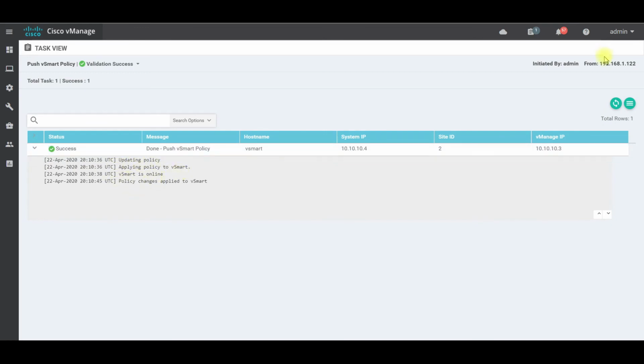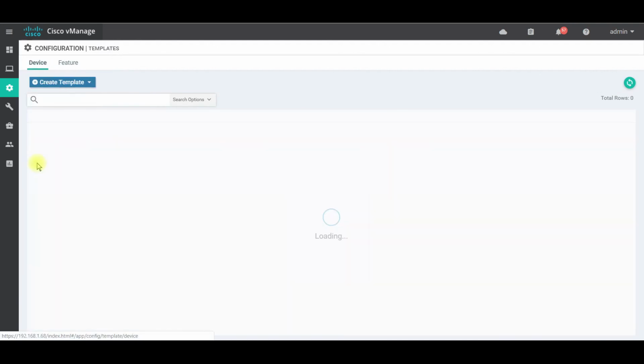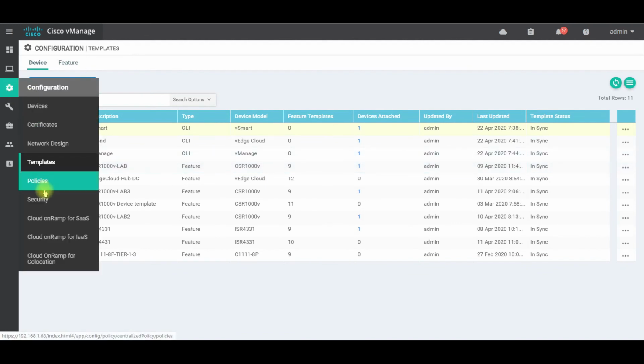Now let's verify the vSmart has had the policy pushed. Navigate to Devices, then the Controllers tab. You can see the vSmart is now showing our template has been pushed. Now let's look at creating a CLI template. I find to do this it's easier to create a feature template and use the CLI configuration, so let's navigate